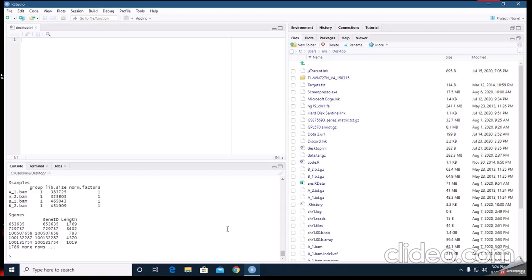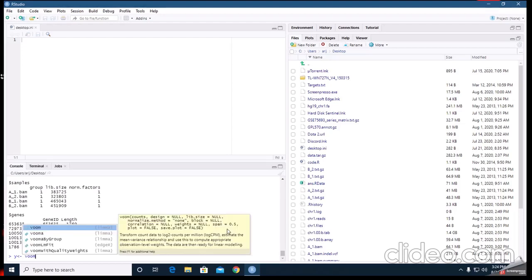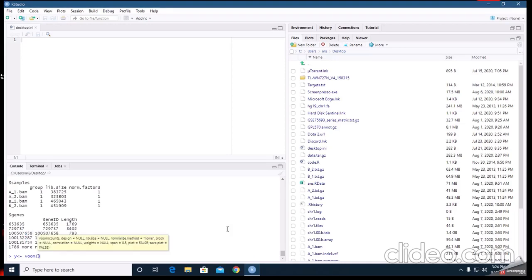Now we have the fifth step, which is normalization. In this case study, we perform voom normalization. It is a method of normalization, and it is present in limma.